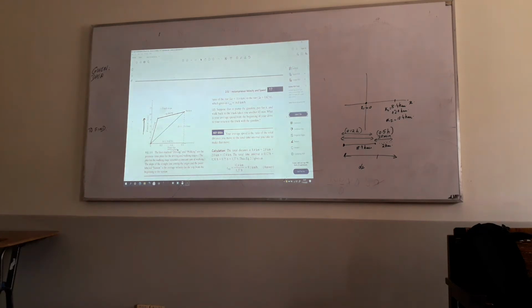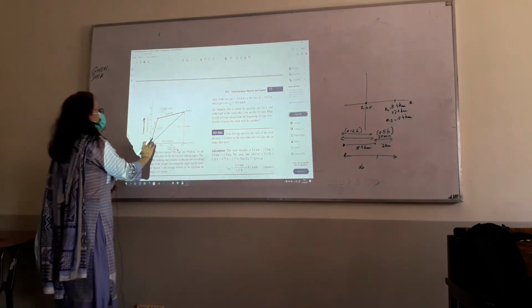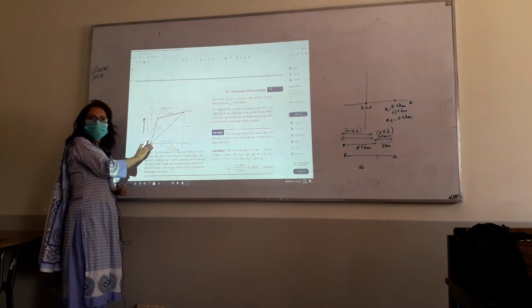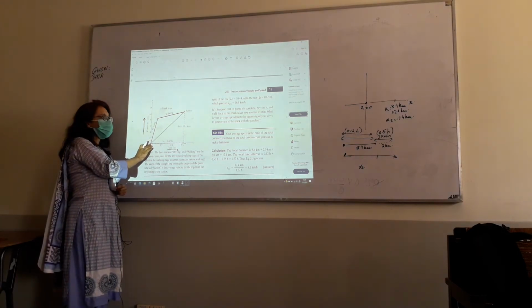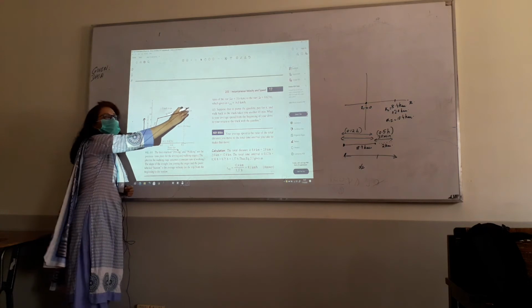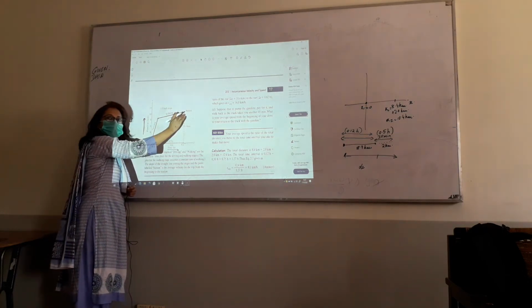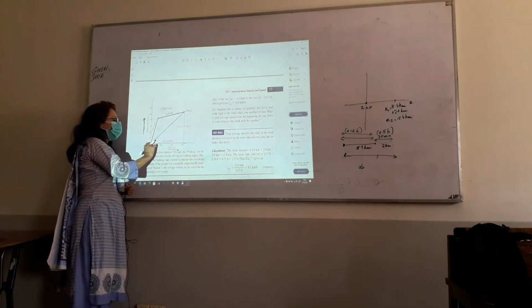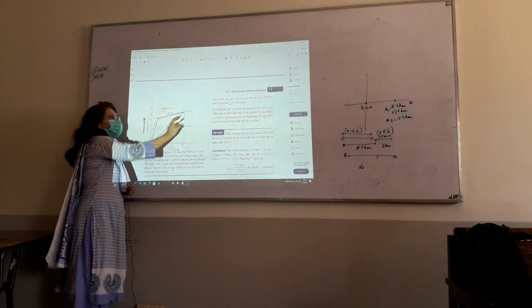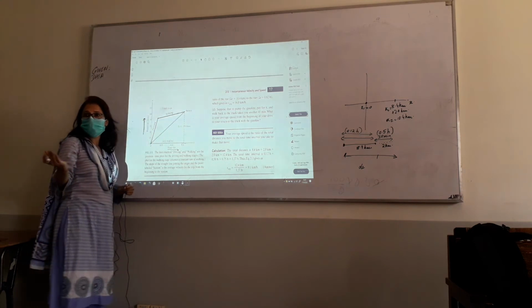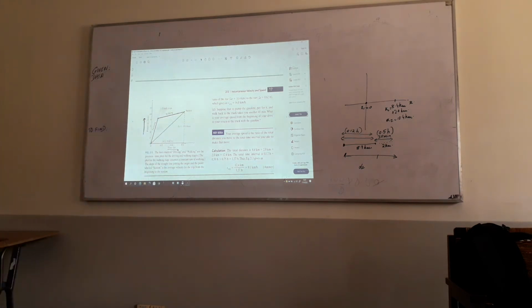Now, there can be many possibilities of many paths you could take. They have taken one example. You understand that? You could have taken a slightly different path, but the answer will come out to be the same. Why? Because it's actually this line that will give you the answer. Because we want the average velocity for the complete motion. We don't care about the path you are taking. You could have taken any random path. At the end of the day, you had to measure from the initial position to the final position, and that will always remain the same according to the calculation we did up.